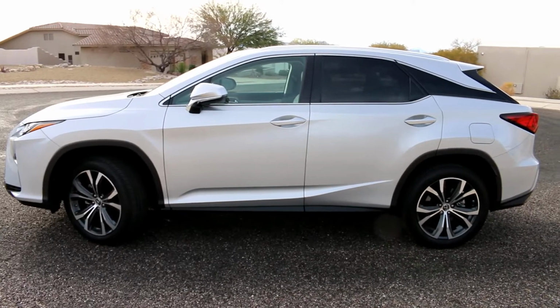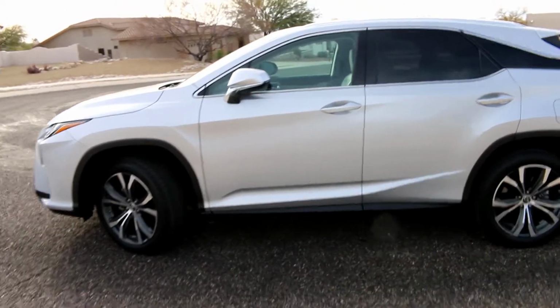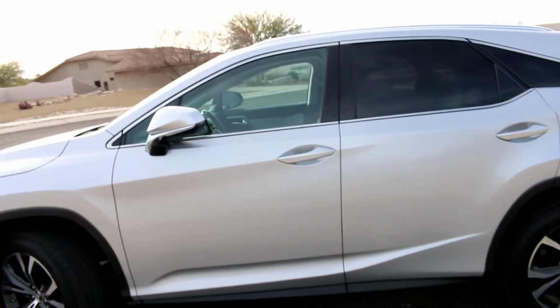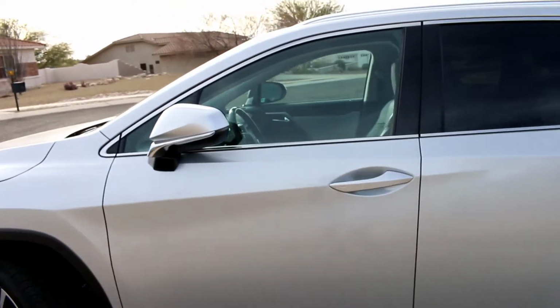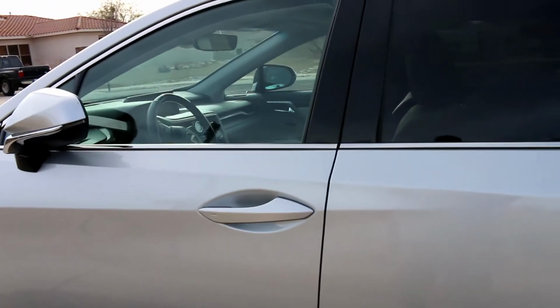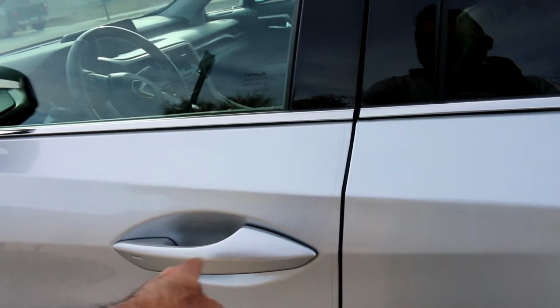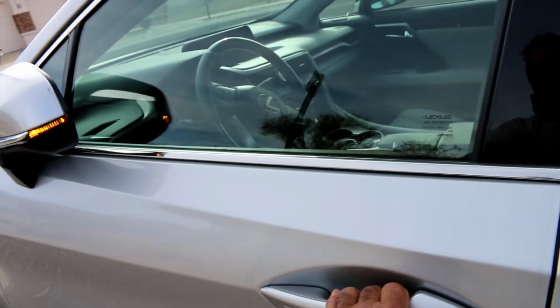Alright, so what is it? It's a 2018 Lexus RX 350. And big difference between this and a 2020 Ford Ranger. Two different vehicles. So what are some of the things I like? Lots of features. So at night you get a glow in the handles, but you reach in